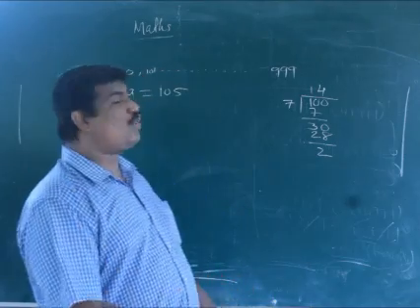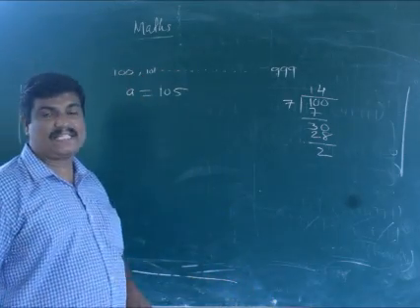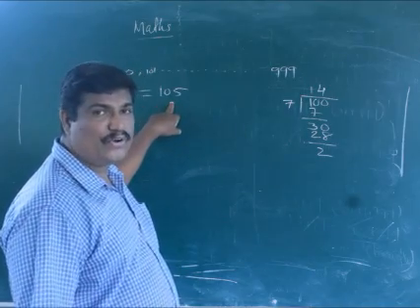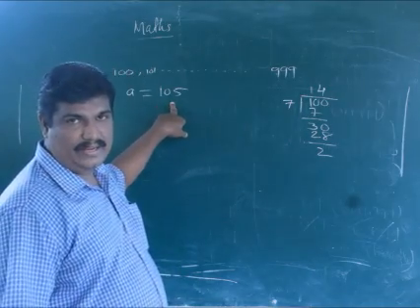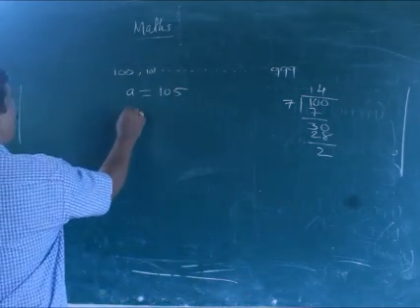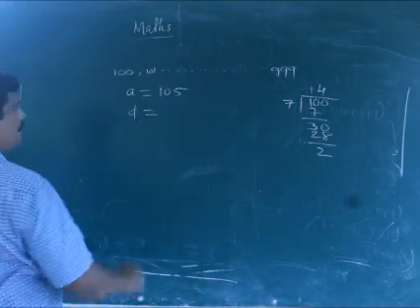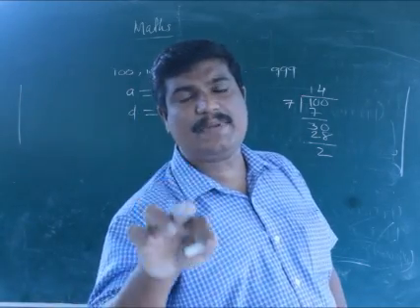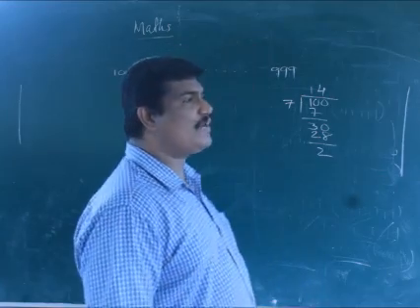Divisible by 7. So here the first number of the AP is 105. It is a 3-digit number and it is also divisible by 7. Okay, clear? Then find out the common difference d. Since it is divisible by 7, each term is added 7. So the common difference is 7.